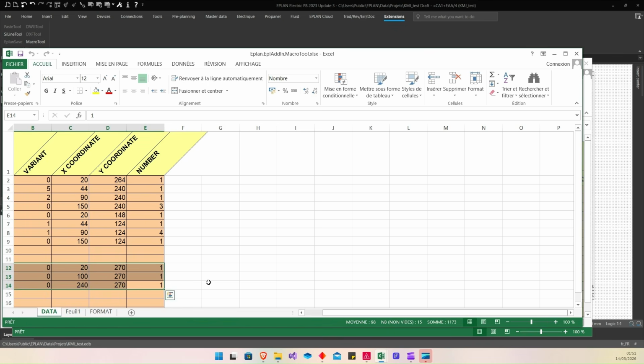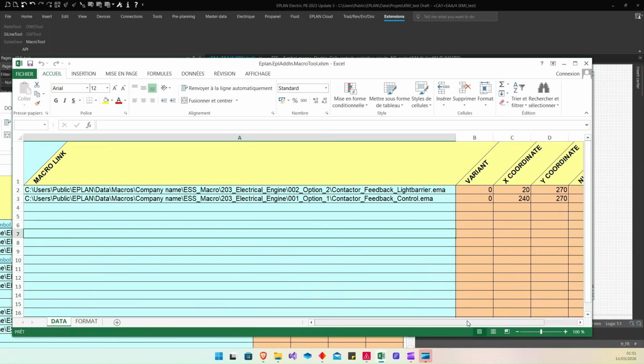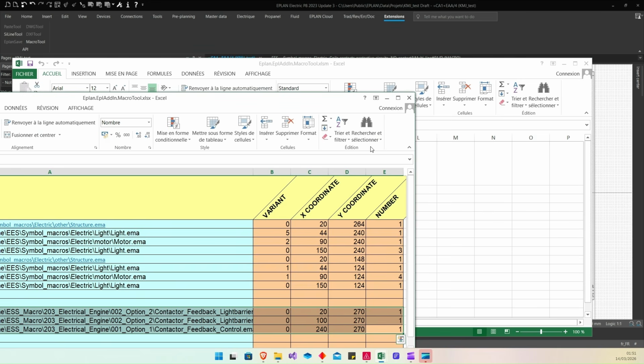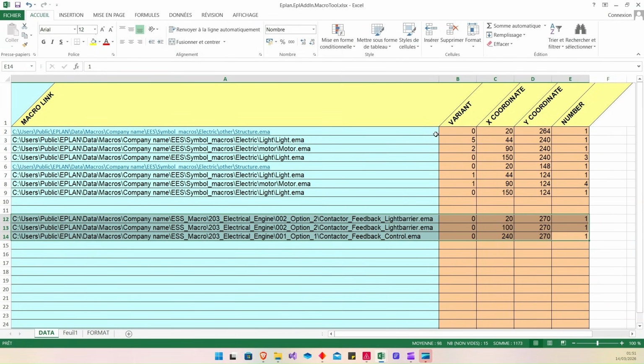You can see here in my Excel configuration, the tip is, for example, you want to insert two macros here. To avoid this overlapping, you can change the number of repetitions to one repetition for each link of the same macro.